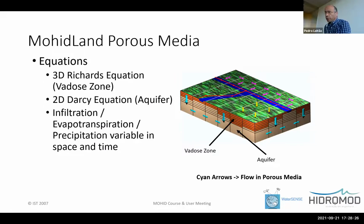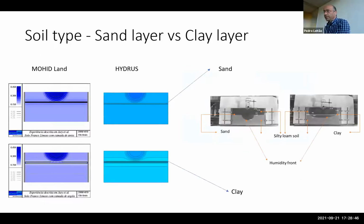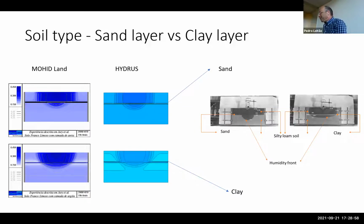So it solves the 3D Richards equation, the 2D Darcy equation, and includes infiltration, evapotranspiration, and precipitation variable in space and time, and many other interesting stuff. And it uses finite volume and variable time step. This was one of the first examples I did. So this slide might be already 20 years old. I don't remember exactly. And since this was in the start of development of the model,